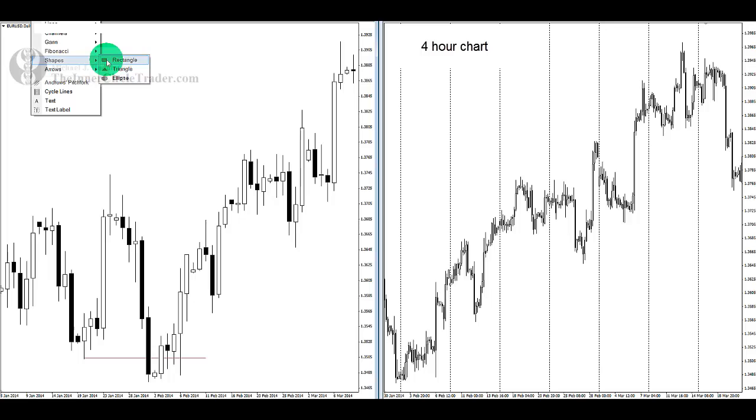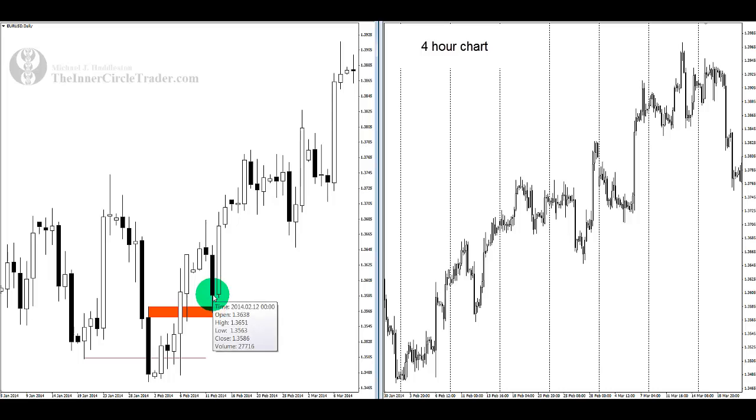What we do is take that as our range for institutional support. You see price comes right down into it on this day, February 12th, 2014. Now when price drops down into this price level, we would be hunting buying opportunities once it trades down inside this range. Now the high on that candle comes in at